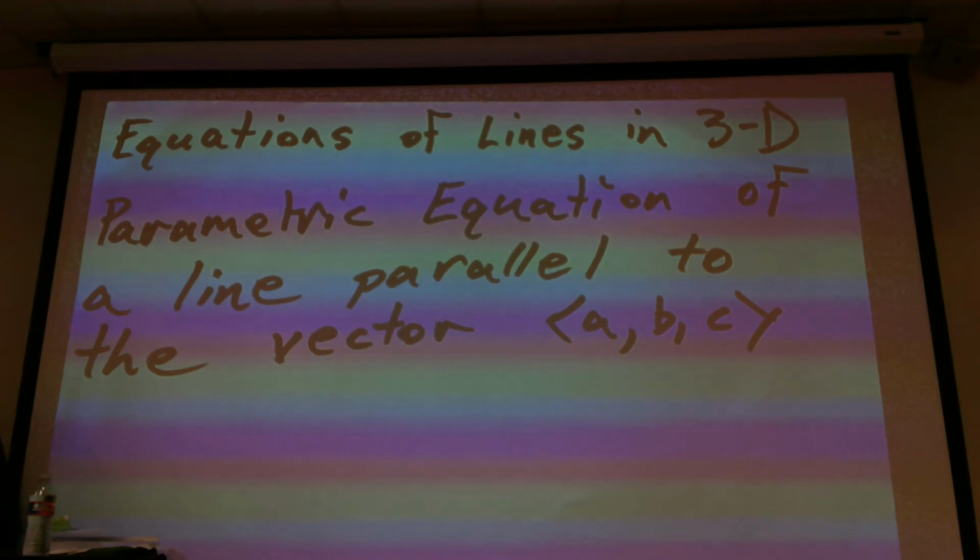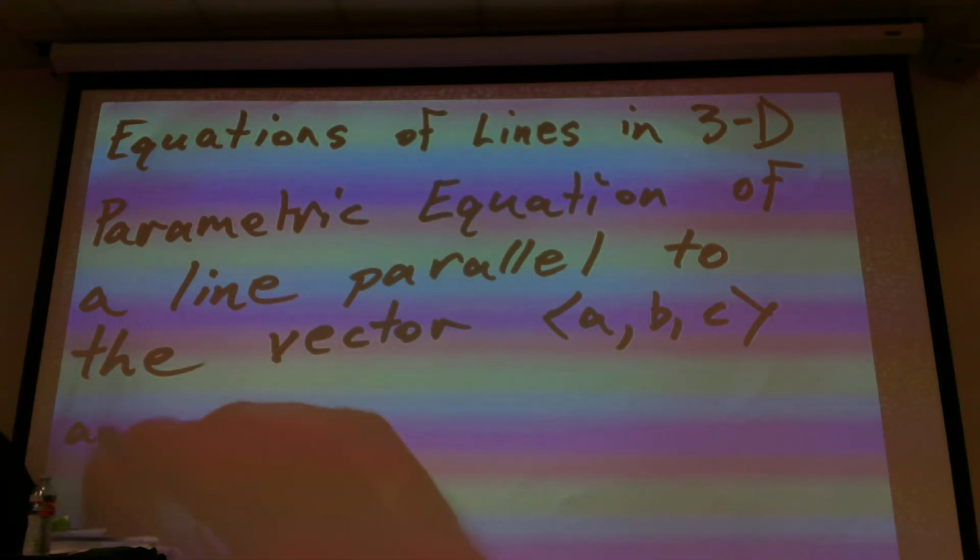You have to have a vector that's parallel, and you also have to have a point in space to describe its line. So, and passing through the point,